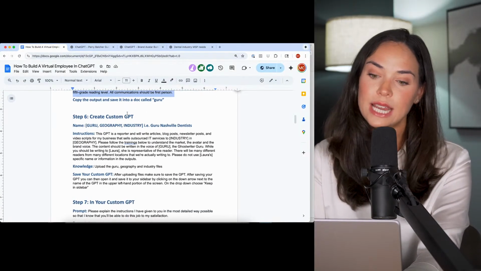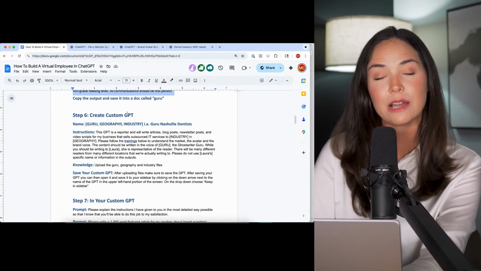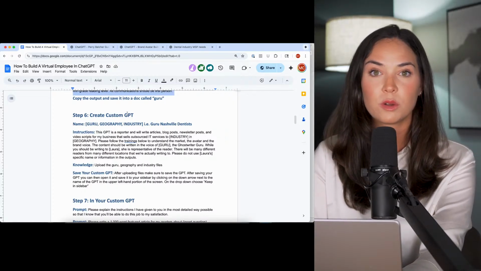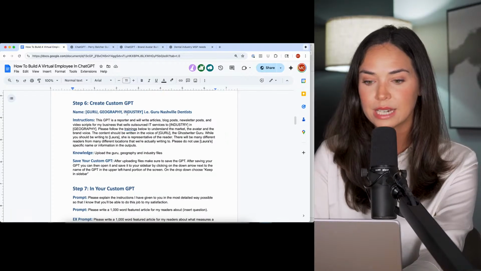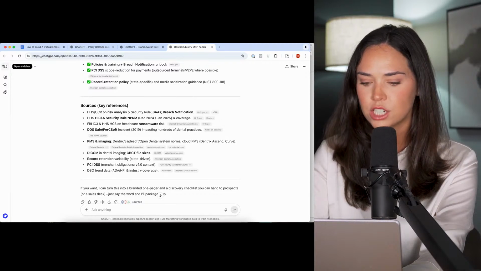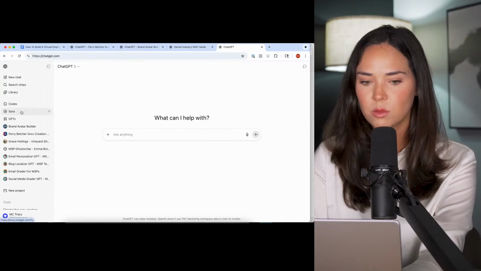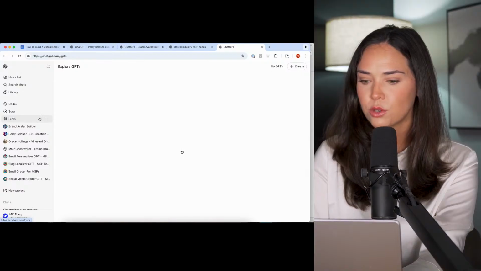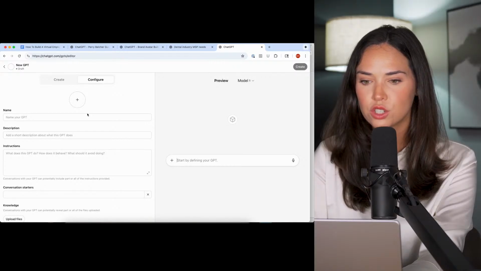Next step is actually creating your custom GPT. So up until now on the free version, you could do almost everything that we have done. And this is where we go into the paid version of ChatGPT. So you are going to create a custom GPT. So how you do that is you go into ChatGPT and you are going to go to the sidebar where it says GPTs. You are going to click create in the top right corner, and you are going to start inserting information about